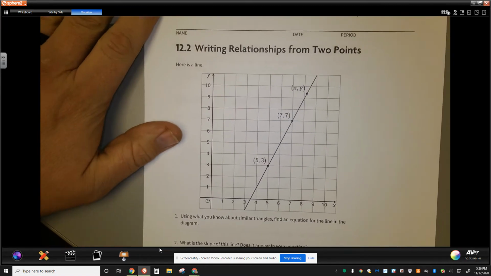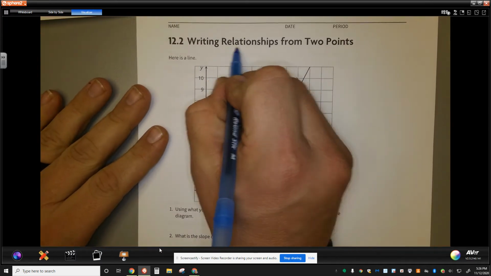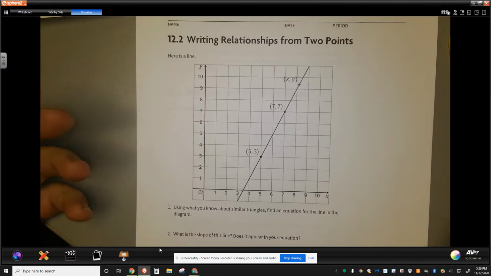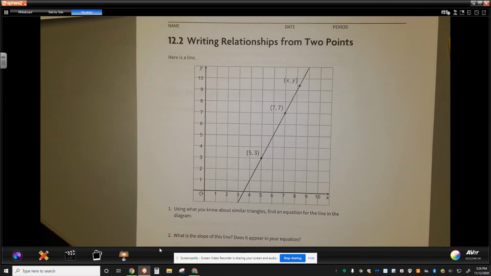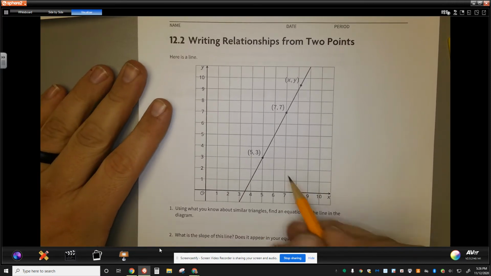Let's go back a little bit to yesterday, of writing a relationship from 2 points. A relationship between 2 points is also a way of talking about writing an equation between the 2 points, but it's also talking about writing a rule between points. It's also talking about finding the slope between 2 points. So we're going to use what we know about similar triangles, and we're going to find an equation for the line in this diagram. What we know about similar triangles is that if we were to think about this part right here